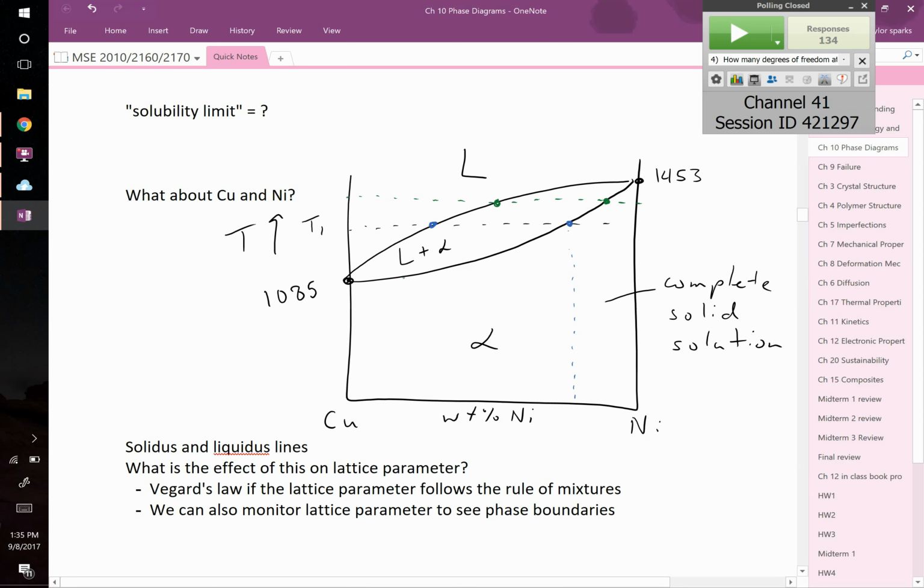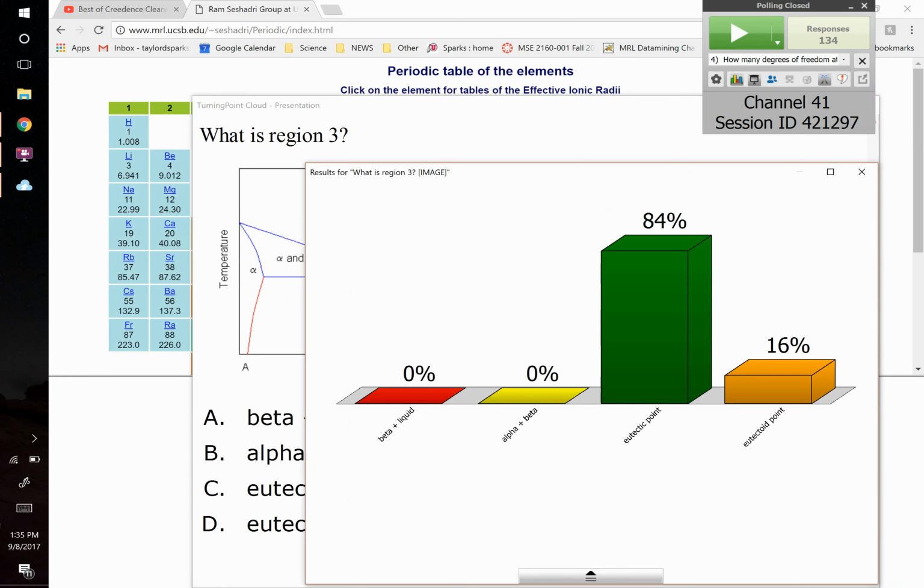Let's label these. This here is called the solidus, S-O-L-I-D-U-S, and this one up here is called,